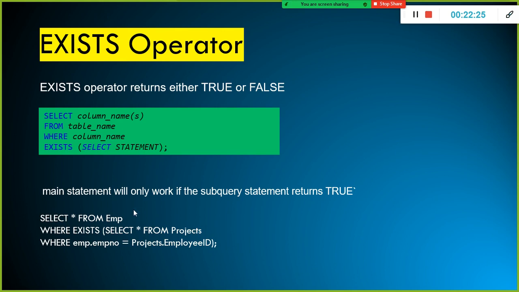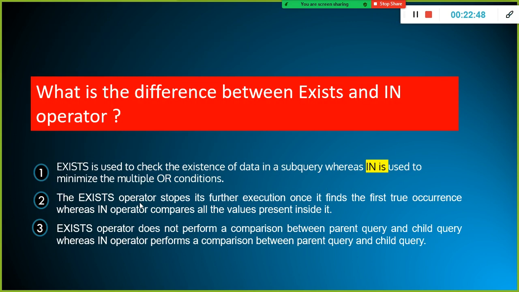The main statement will work only if this one returns true. If this employee ID is there in this table, only then this query will get executed. If this employee number is not there in projects, it will not work.